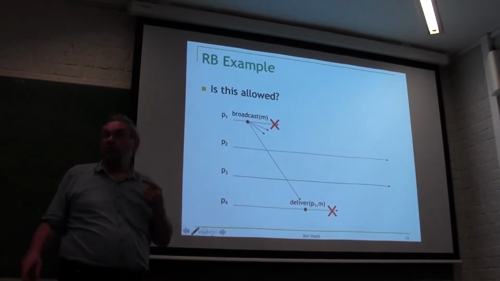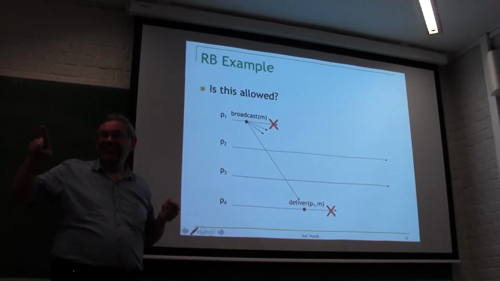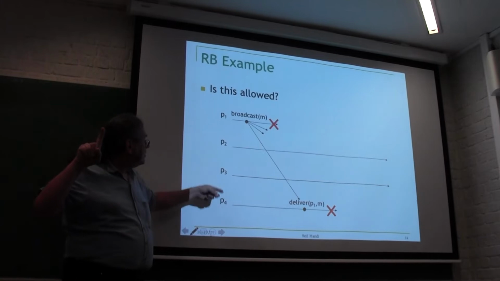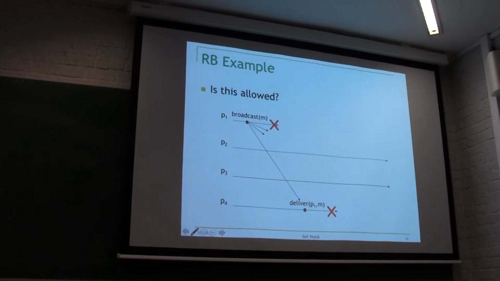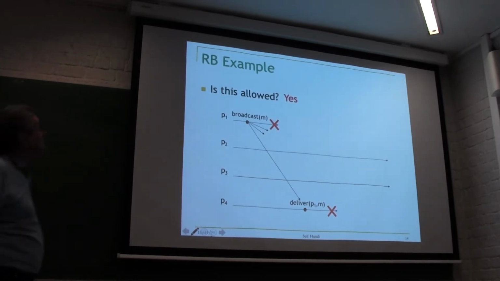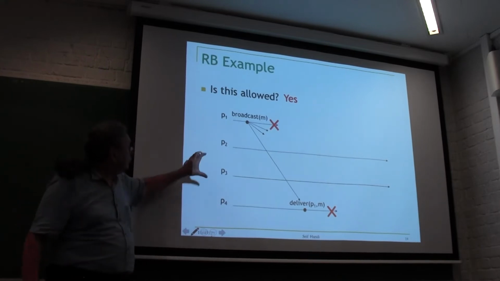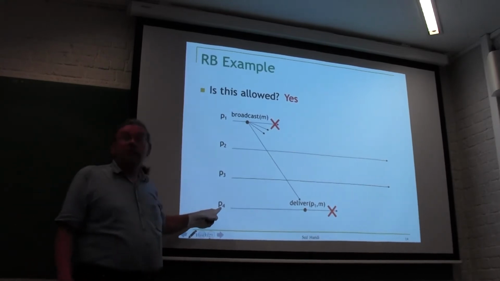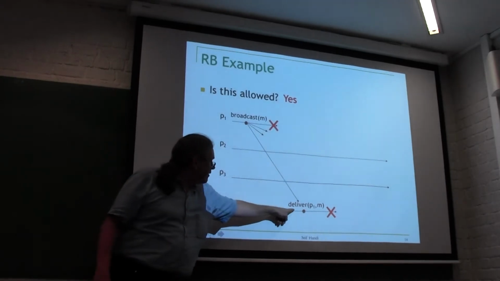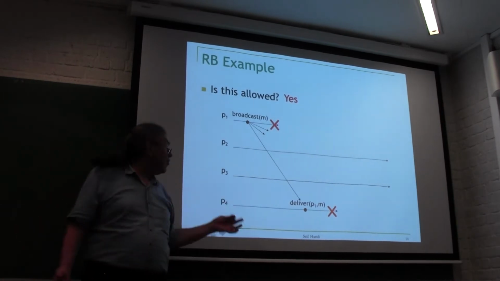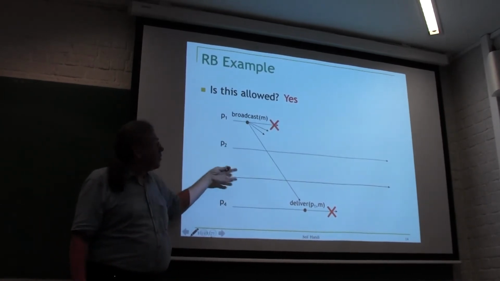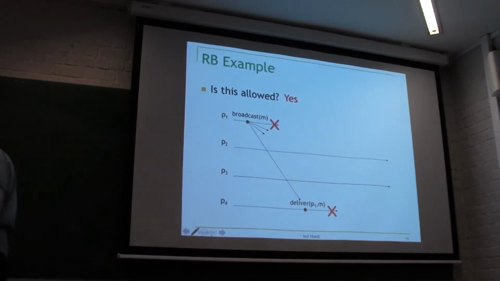Yes? Why? Okay, because no correct node broadcasted and no correct node delivered. Yes, that's right. It's the same as before. Yes, indeed, you are correct. This is a correct execution. And to give a little more intuition, crashed nodes don't make any difference here. The fact that P4 delivers and then crashes doesn't make any difference because reliable broadcast doesn't worry about crashed nodes. We're only worrying about the correct nodes here. So this is okay. Okay, what about now a small variation again?